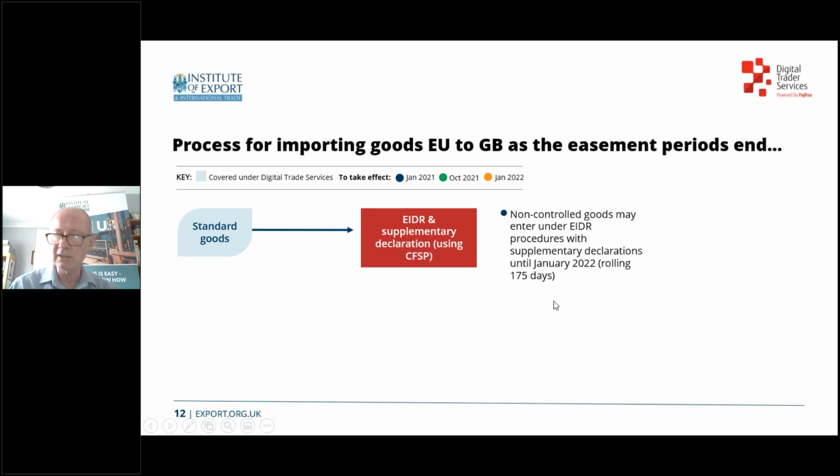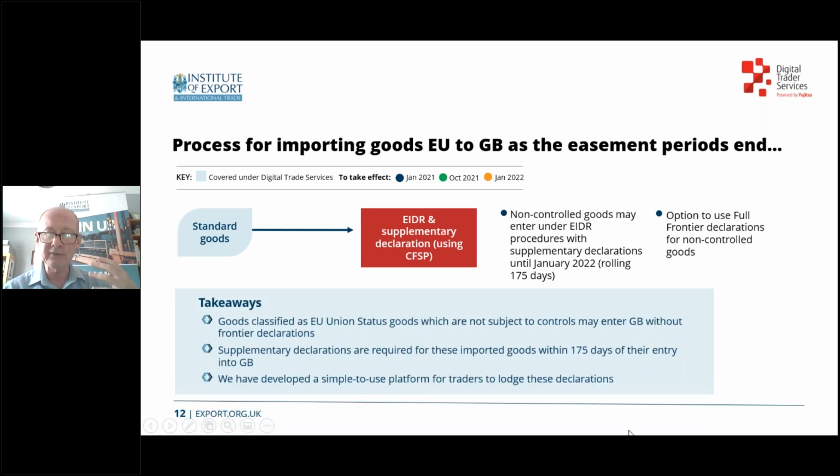So effectively, you have this rolling 175 days. That doesn't mean that you do not need to make declarations during 2021. It is a rolling 175 days. Okay, and so the key takeaway here is not subject to controls 175 days after the date of import. And as my colleagues Shankar and Frank are going to refer to,